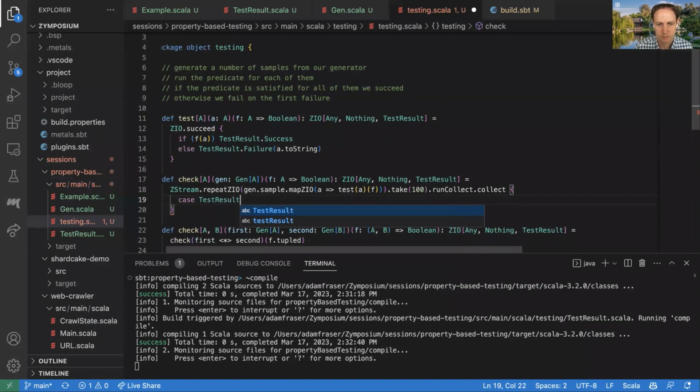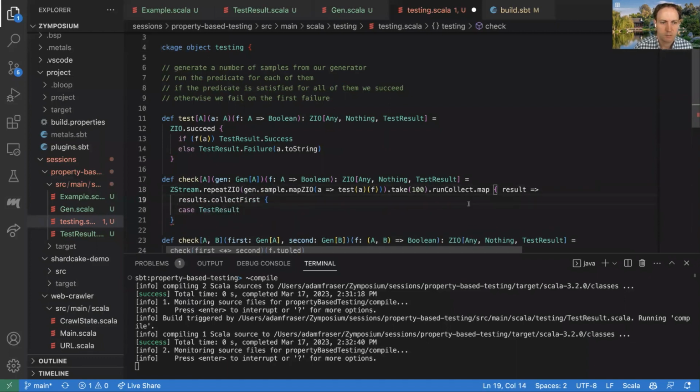I think we do collect first then. This is a chunk now. Let's see, run collect is going to give us a ZIO. So sorry, let me map this. So I do results, collect first. And I can say,